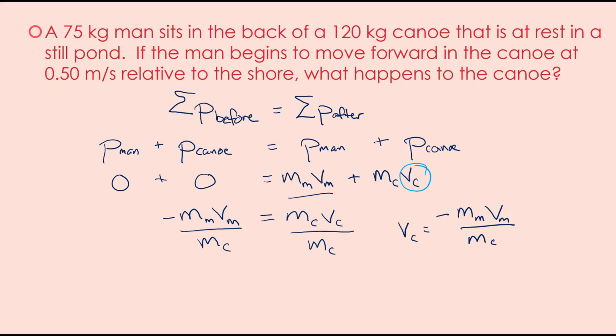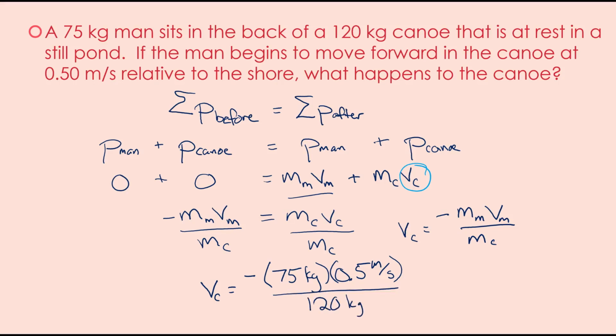So if we plug in numbers there, v_c equals negative, the mass of the man was 75 kilograms. The velocity of the man is 0.5 meters per second forward, so that's positive. Then we're going to divide by the mass of the canoe, and that's 120 kilograms. Okay, so if we plug that into a calculator, then we have negative 75 times 0.5, all divided by 120, and we should get negative